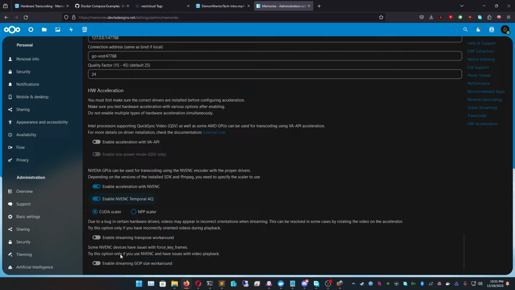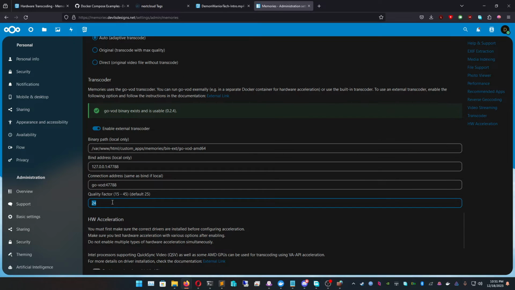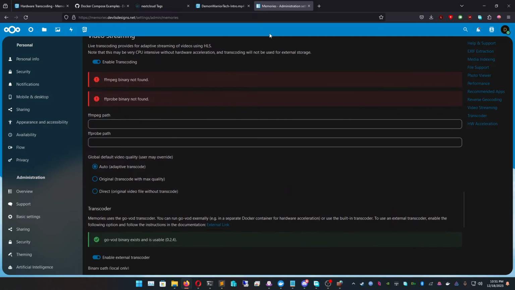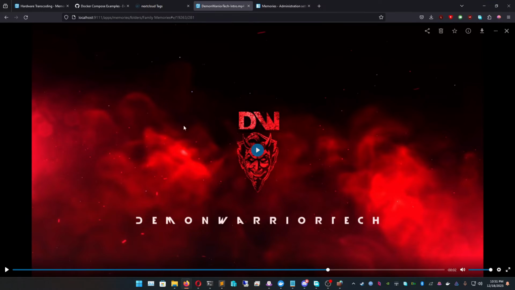And if you have a slower internet connection and are having issues with video playback, I would recommend enabling that to force keyframes. Since I have a little bit slower bandwidth, at about 25 megabits upload, if you have a slower upload, I would recommend setting this higher. I set mine to 42. That seemed to get it good and ready and working. We can see now if I go into the player, I have it in, and I reload it,